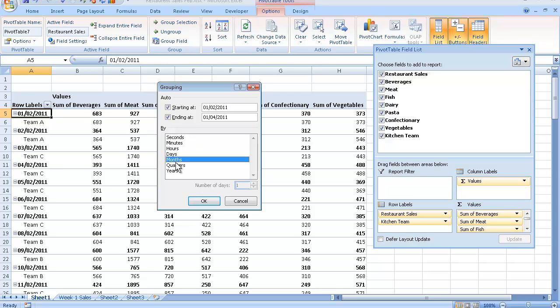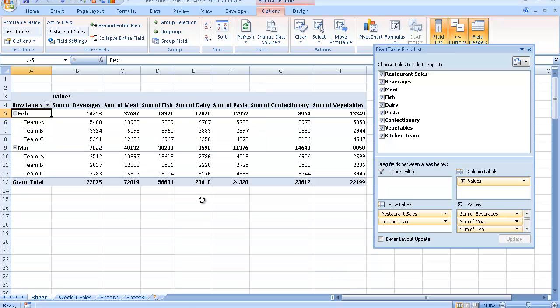So if it wasn't already selected, I would have clicked on months. You then also have up here starting at the 1st of February 2011 and ending at the 1st of April 2011. That suits my data currently, but you could change this if you wished, but I'm happy with that, so I select OK. And now what you can see is Excel presents us with a more easily understandable layout of